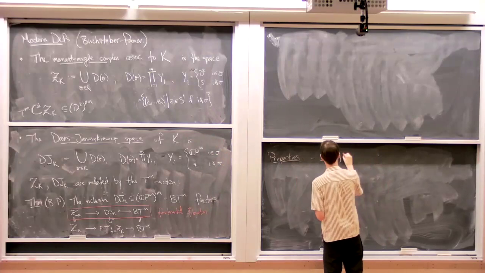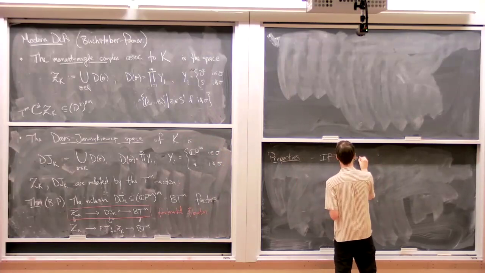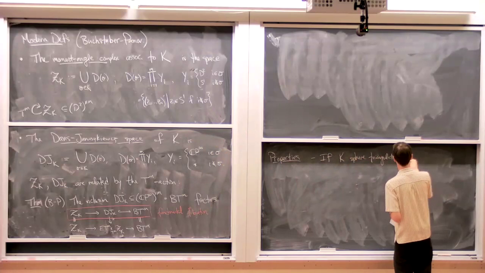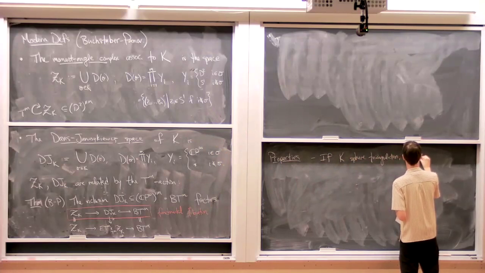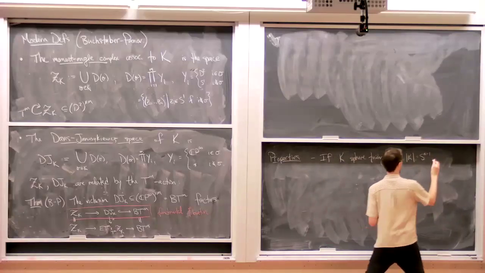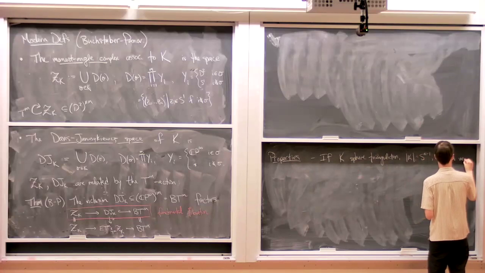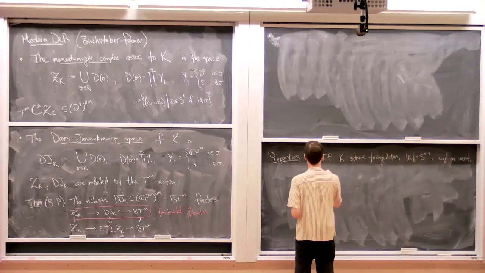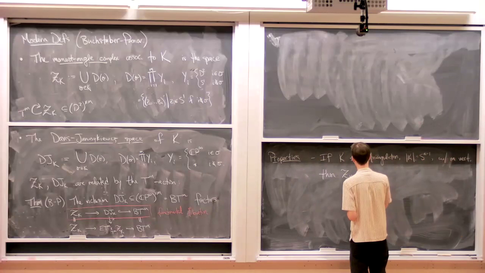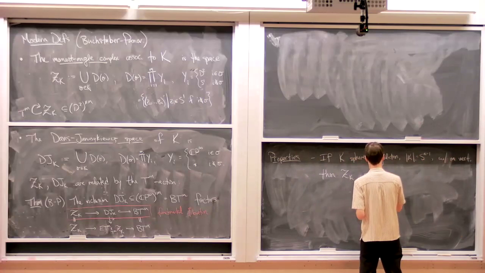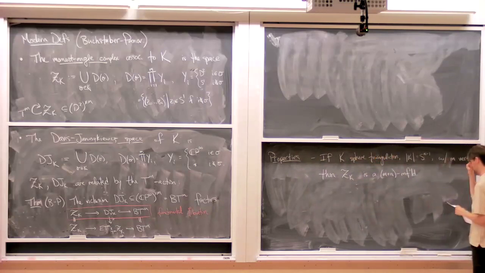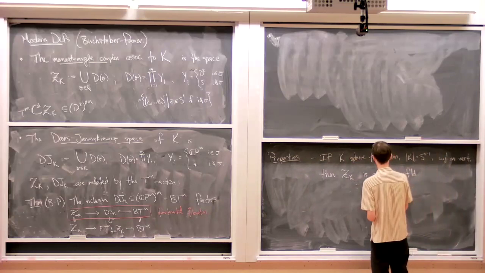So here, if K happens to be a sphere triangulation, say its geometric realization is an n-1 sphere with m vertices, this moment angle complex turns out to be a manifold of dimension m plus n. And it's known to be smooth